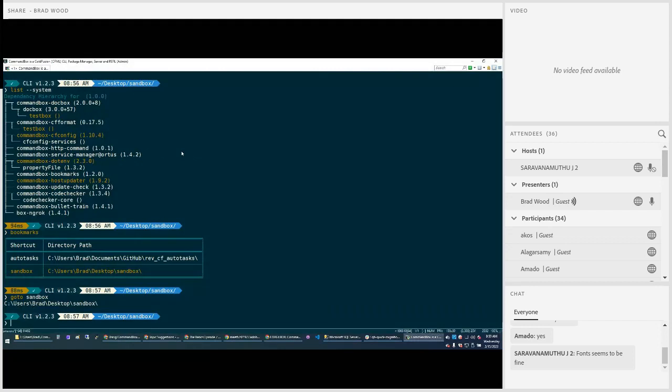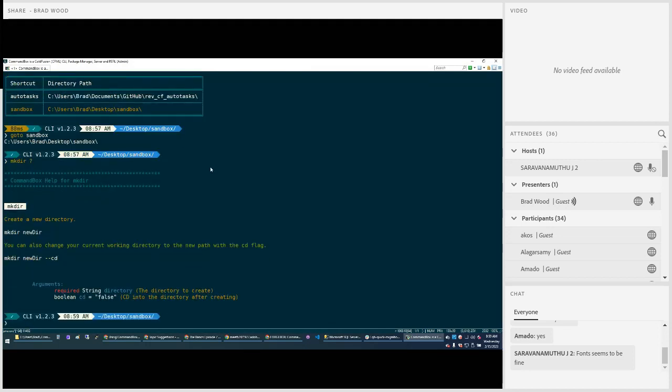Okay. So everything works as commands, and commands have parameters. For any type of parameter that's not a Boolean, there are two ways you can specify them. Here we have a make directory command, right? If I look at the help, it's fairly simple. It works pretty much like what you're probably expecting from Windows or Linux. You type mkdir and you give it the name of a directory. It takes two parameters, the directory you want to create, obviously,